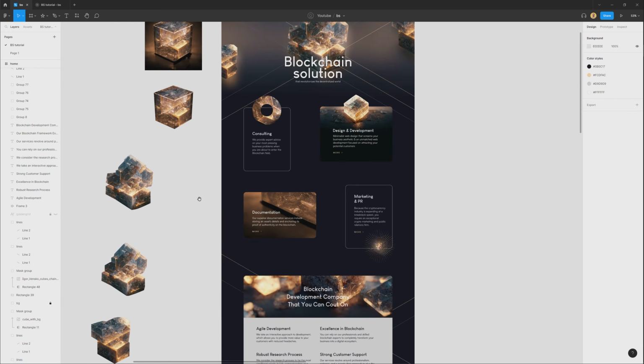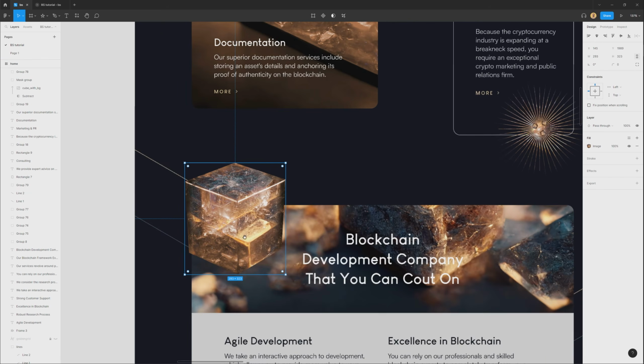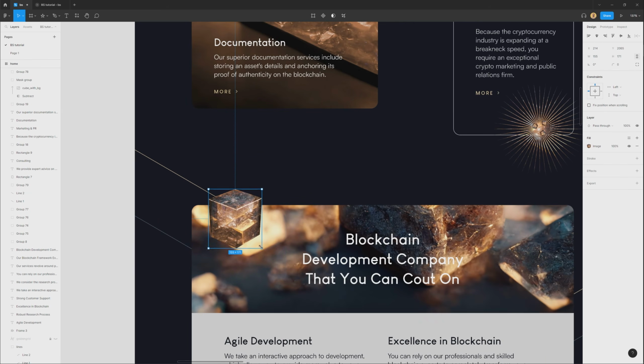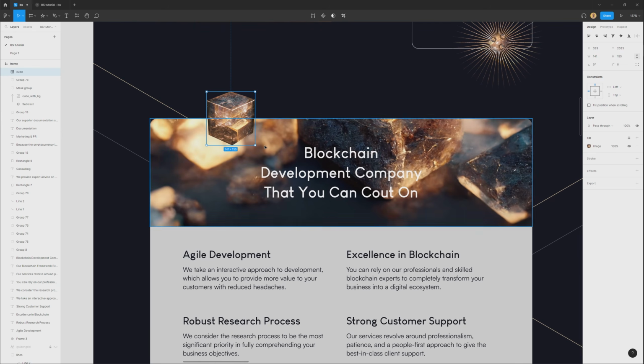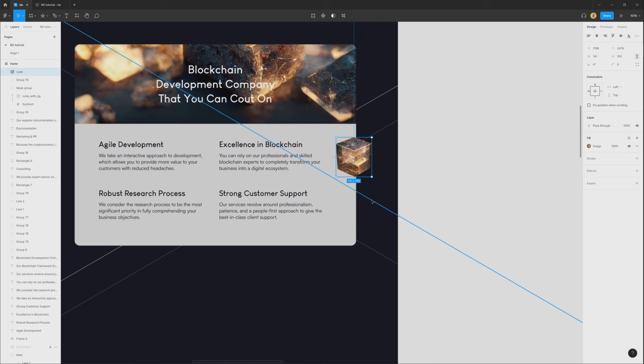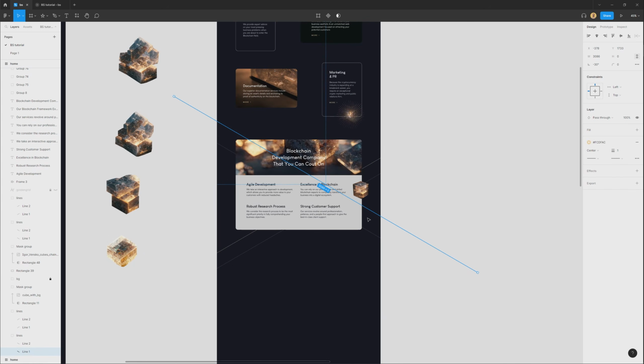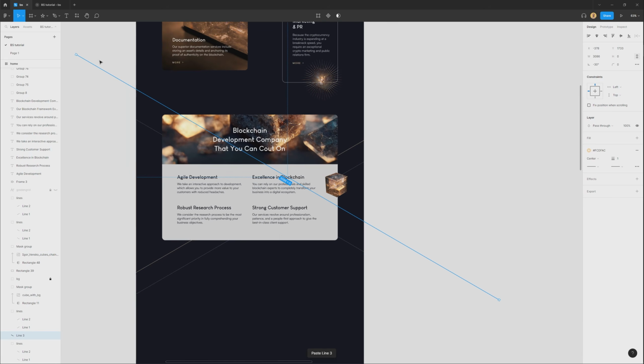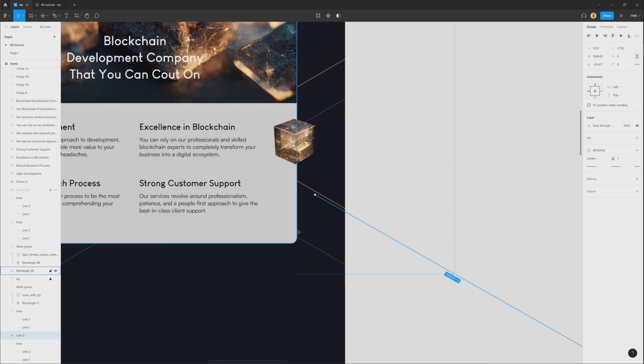Now we can use this cube. For example, place maybe here, and let's use these light lines. Line, copy, and place